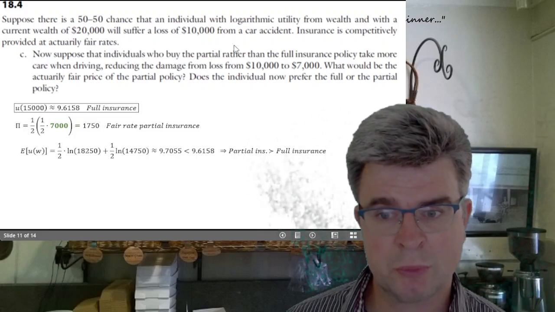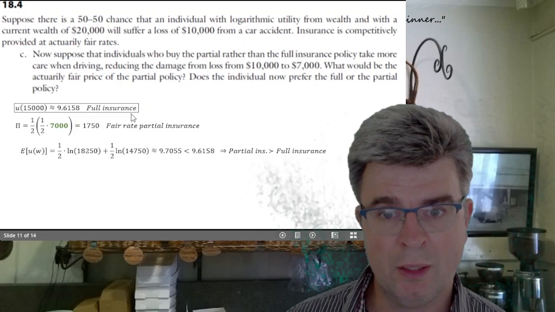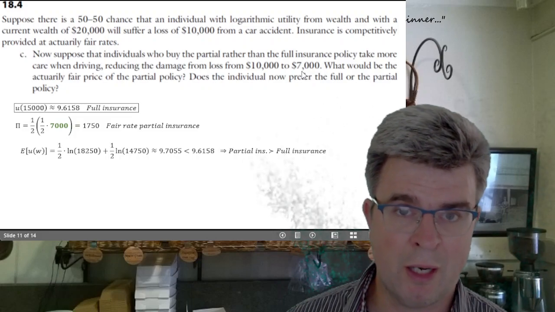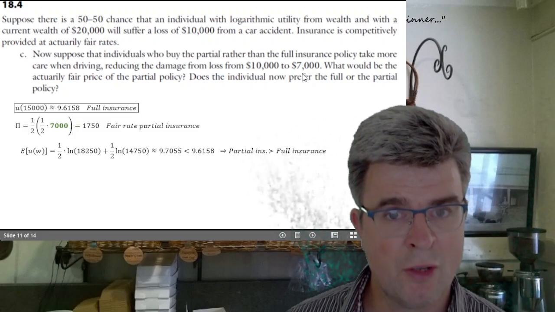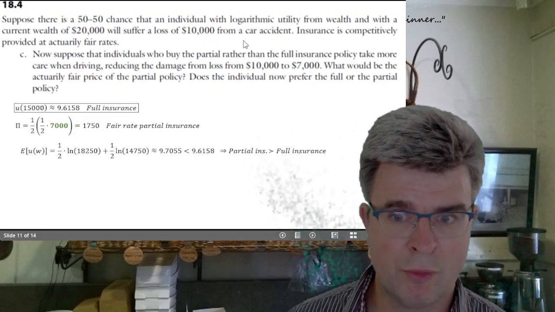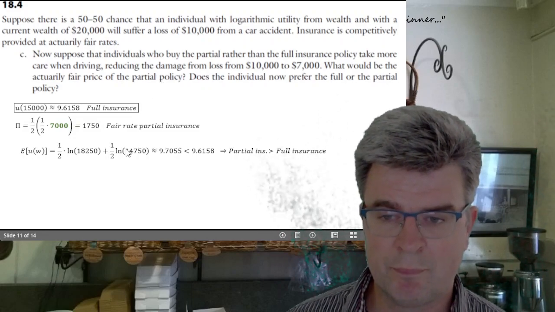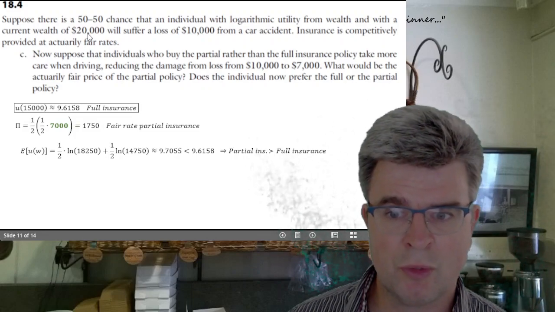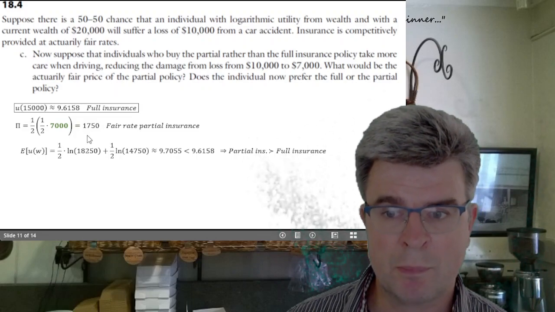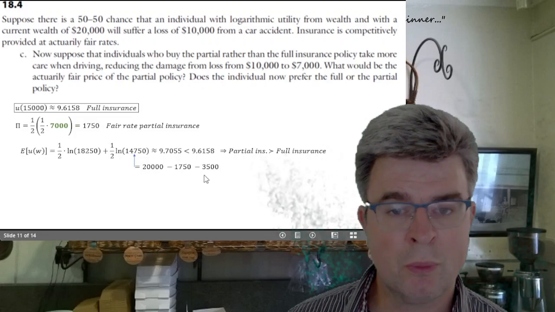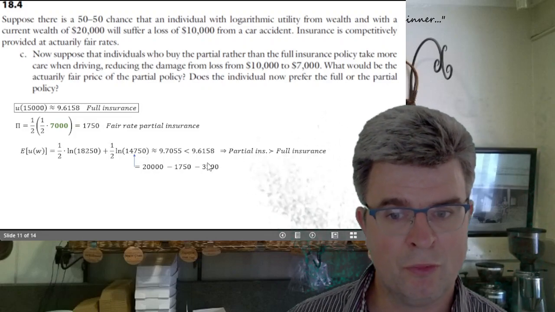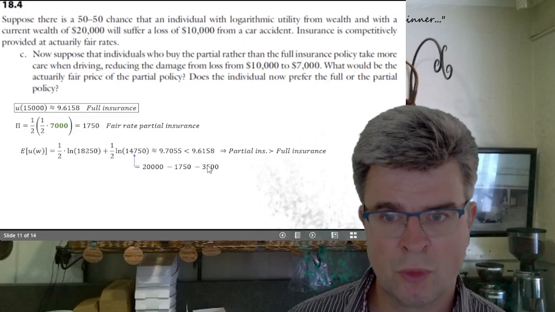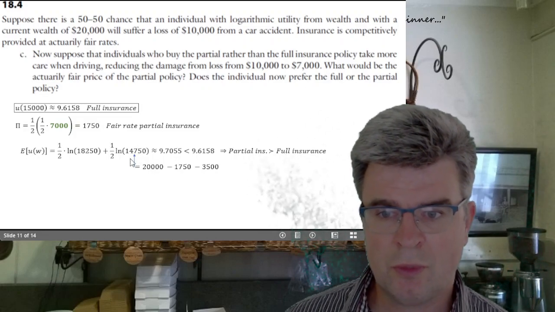But now a loss will also happen, and only half of it is covered, but the loss is not 10,000 but 7,000, and half of 7,000 is 3,500. So in this case, out of his initial wealth the individual not only needs to pay the premium for the insurance, but also out-of-pocket expenses of 3,500 for the part of the loss that is not covered. So he ends up with